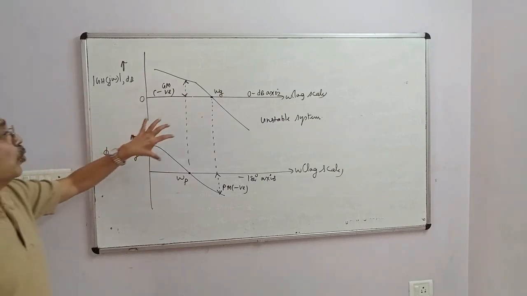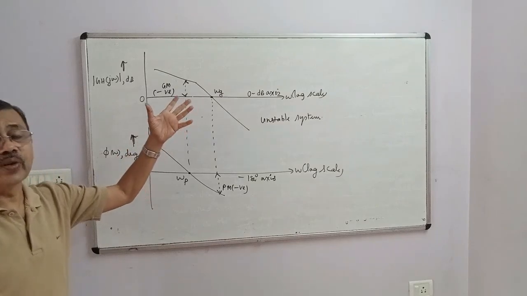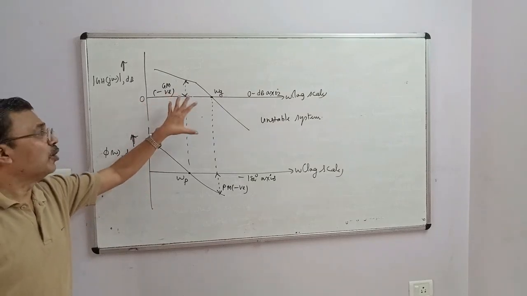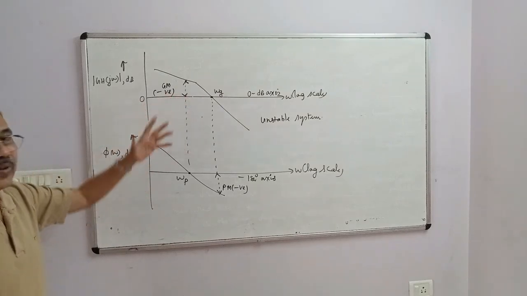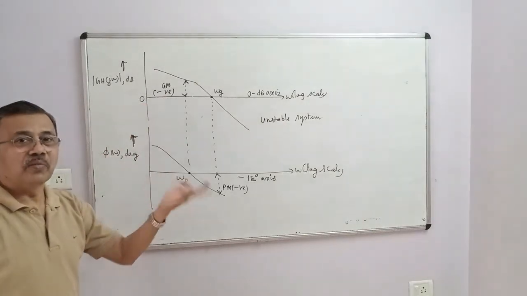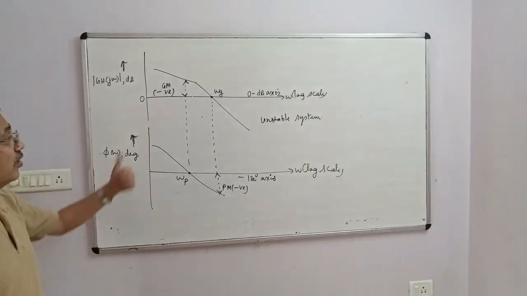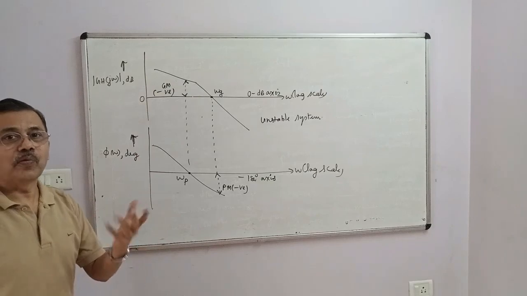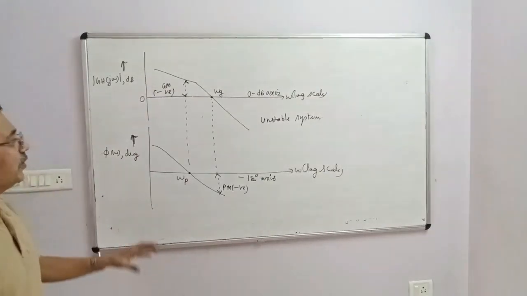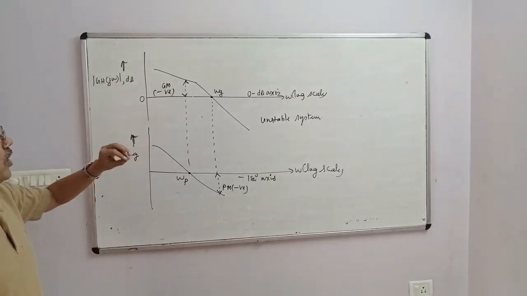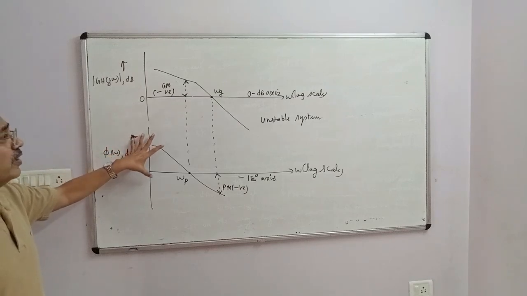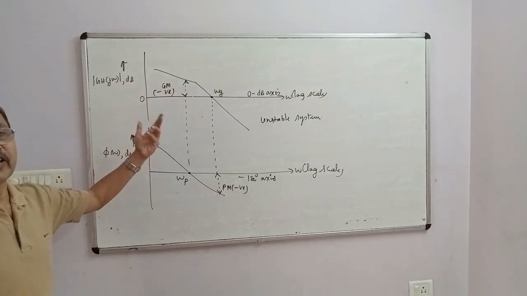More details of this you can read or study in module number 5. The syllabus is made in a very bad manner. First Nyquist diagram should have been taught, then this should have been taught. But I have to follow the verdict of VTU. Whatever best I can do for GM and PM I have done. In detail, you will study this in module number 5.